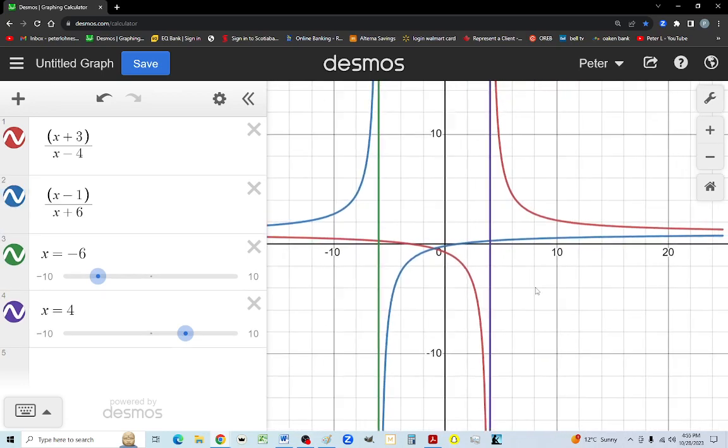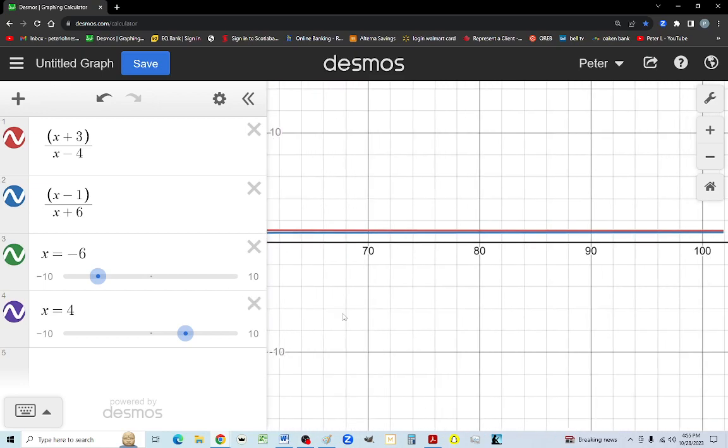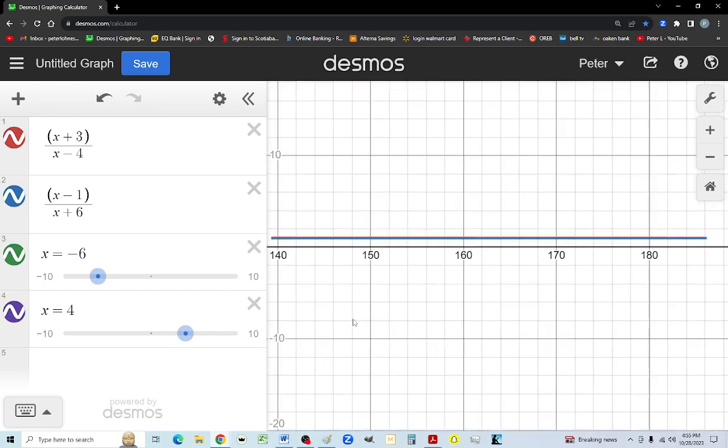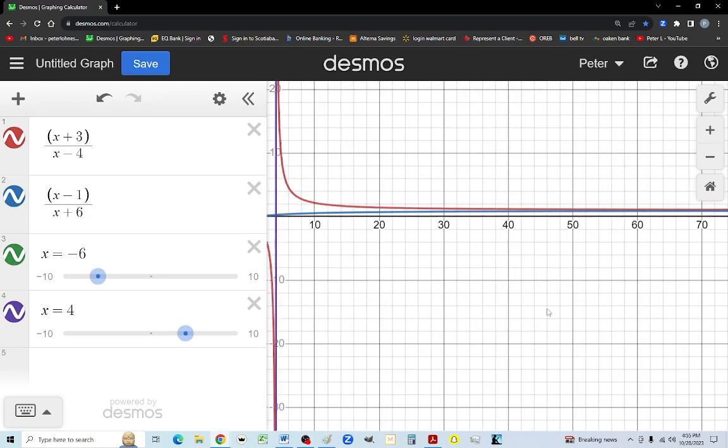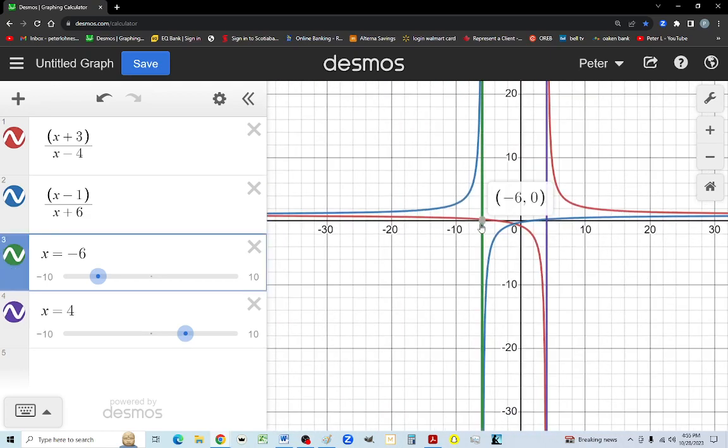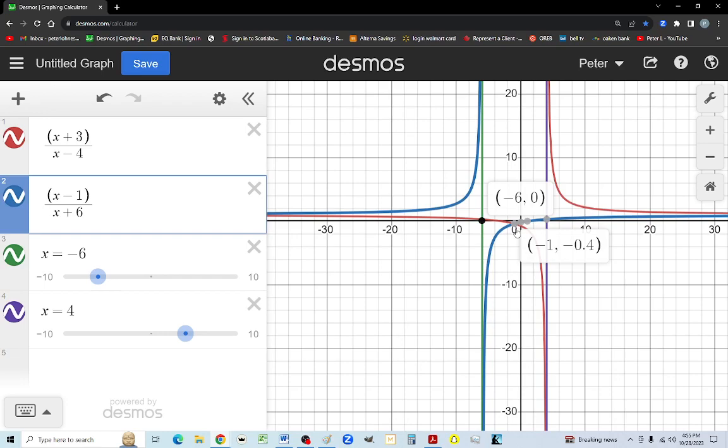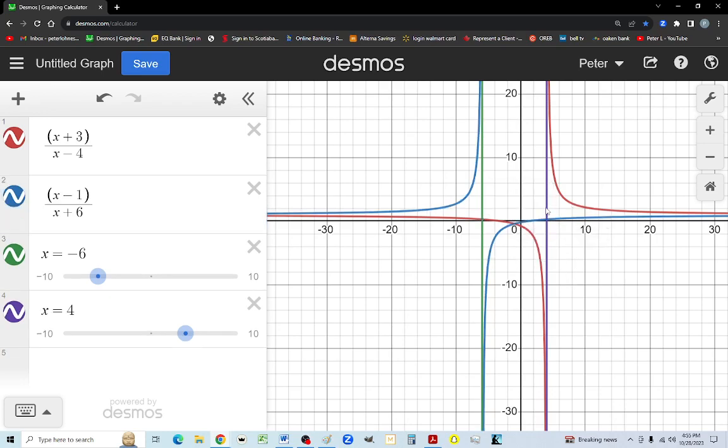So from 4 to infinity, it looks like it is above the blue line again, just in this narrow space here, from the asymptote 4, x bigger than 4. And you can't say bigger than or equal to 4 because the red line never crosses the asymptote. So it's between minus 6 smaller or equal to x smaller than or equal to minus 1, and x bigger